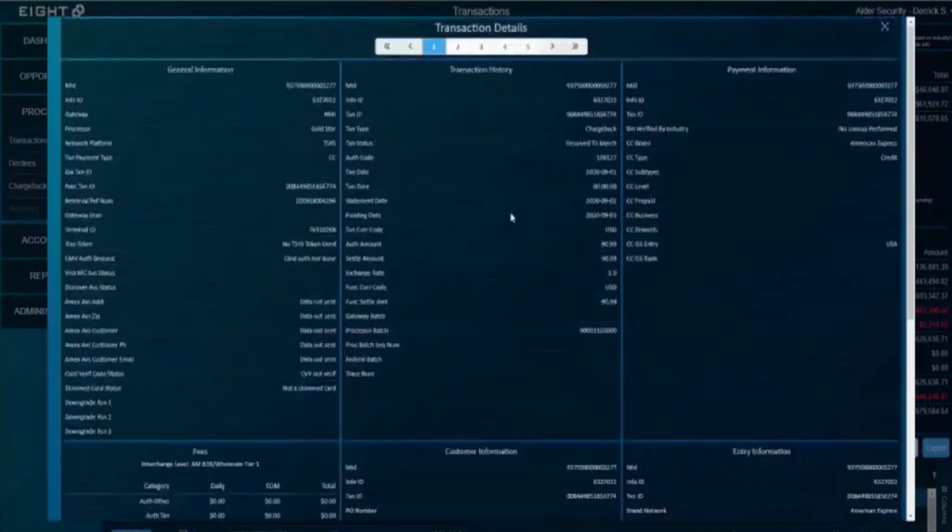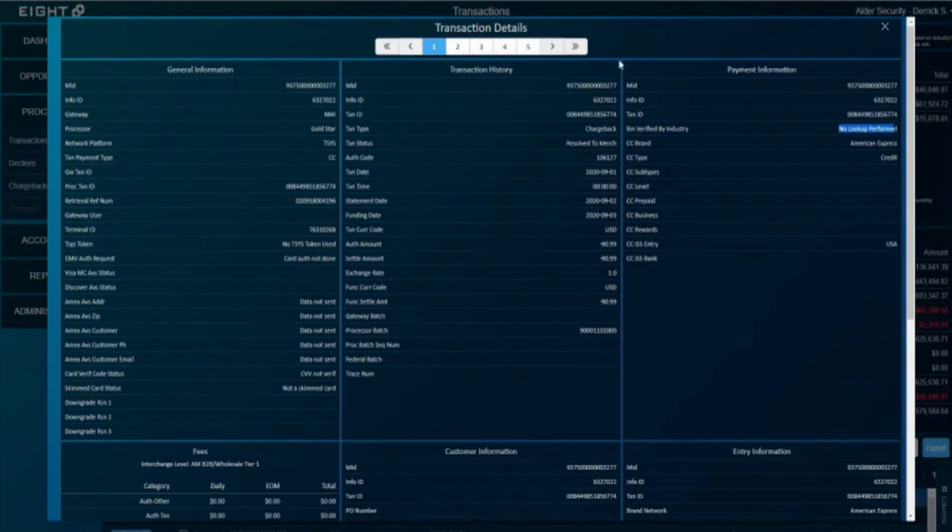We then tell you everything about that bin and its levels, and if there's a reward, and if it was a business card. We tell you how this went through the industry, if they ran their checks they should have done. So one of the things you'll notice here, the industry they failed in two areas. They didn't do the off card, on the card was not ran all the way, which is an error inside the industry. They also did not look up the bin, which means they guessed, which means they may not have